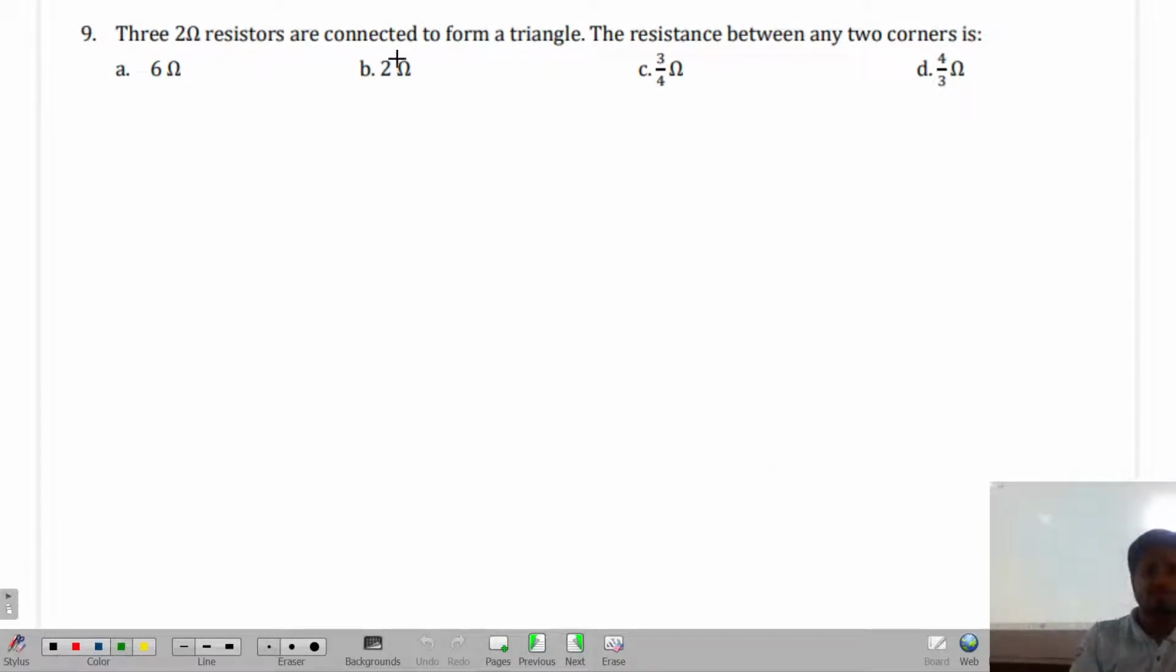Two ohm resistors are connected to form a triangle. Question 8: two ohm resistors are connected to form a triangle. The resistance between A